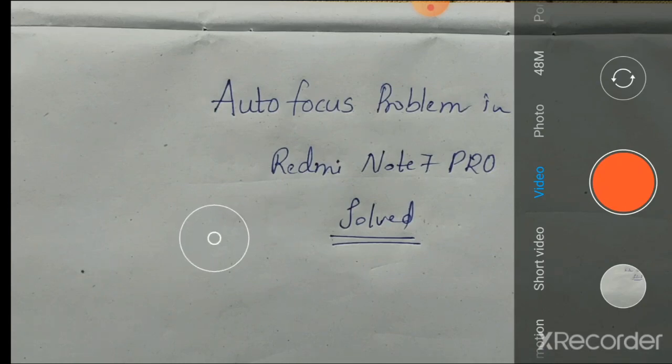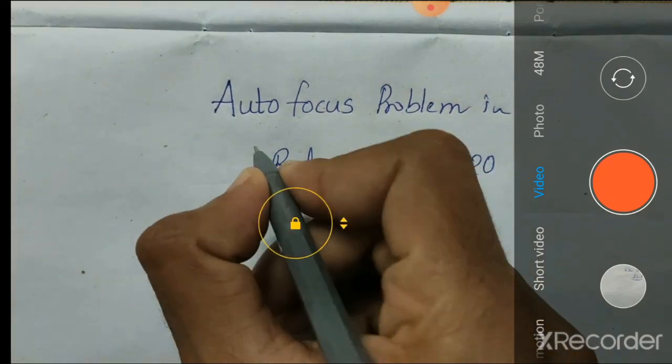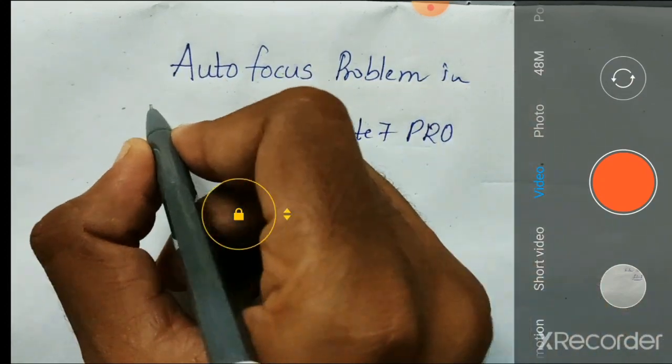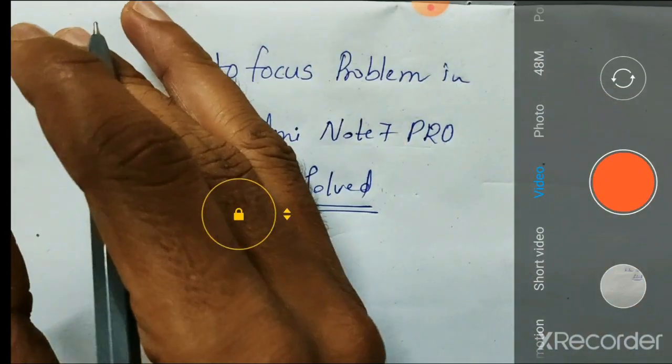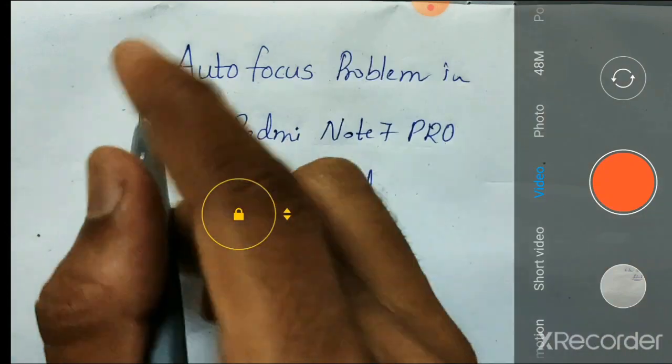If you follow the same procedure, if you click on this circle for a long time, that means long press, this autofocus will be locked. See, now autofocus is locked, right? So now you can record your video lecture. See, this time whenever I move my hand, it is working properly, it is not focusing on whatever object is moving in front of the camera. Now it is not focusing, it is considering everything in normal mode only.